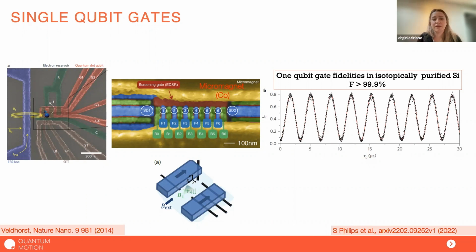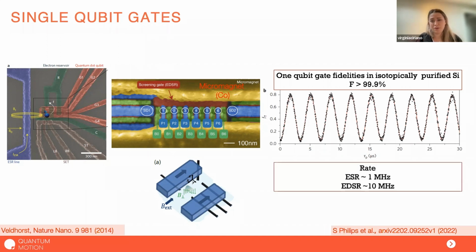So effectively, you are applying an oscillating magnetic field. The advantage of using these micromagnets, which is called electrical dipole spin resonance, is that the operations are much faster. And it's usually better to have fast operations so you won't lose your information while you are doing